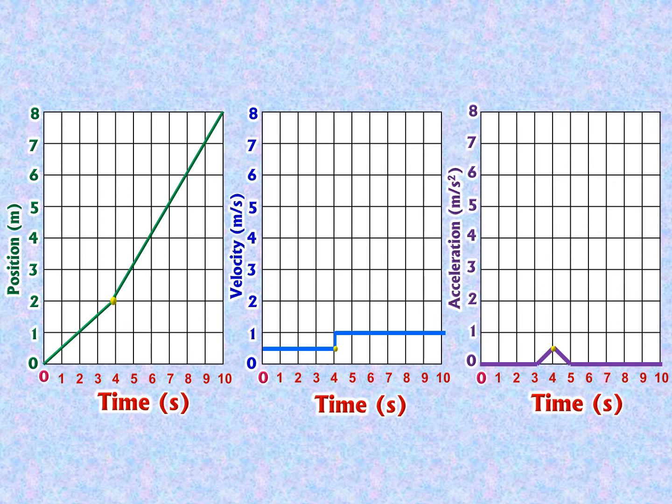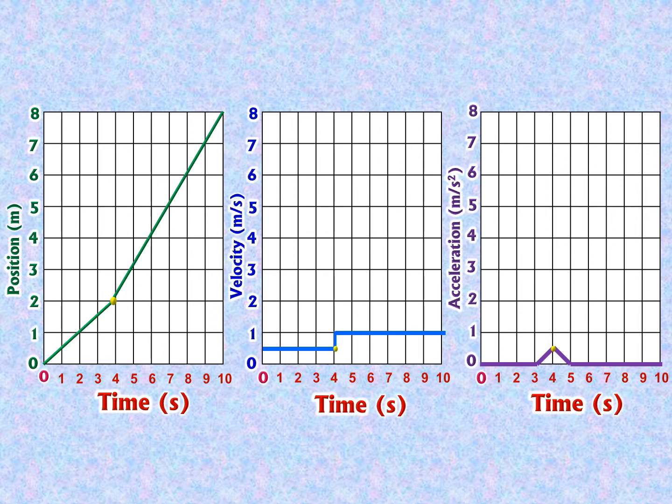Sure, I'm representing it there with that little blip at 4 seconds where the acceleration just momentarily jumps up enough to change the velocity, and then it drops back down to 0. So notice when velocity is flatlining, then you do not see any acceleration. Sort of like if position is flatlining, you don't see any velocity. If you're staying in the same place, well, there's no velocity. And if you're staying at the same velocity, there's no acceleration. So notice how these graphs relate to one another.